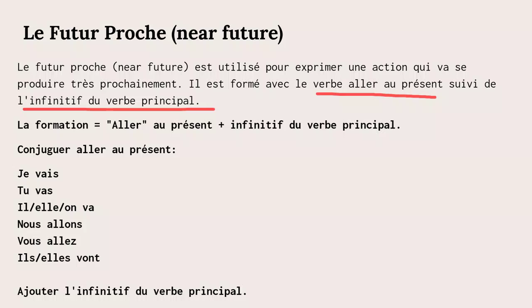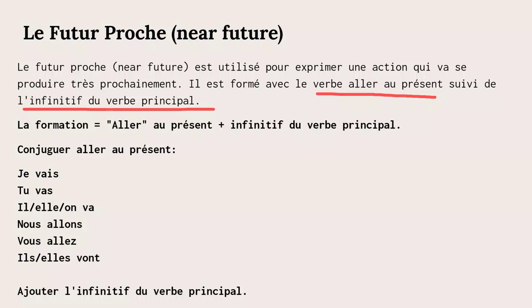Having two conjugated verbs standing side by side with just the subject, you can't, except if it's a composed tense, then it's possible. But to say, I want to speak, je veux parler, no, not possible with two conjugated verbs standing side by side using the same subject. It's impossible. Donc, so we use le verbe aller au présent plus le verbe principal à l'infinitif.